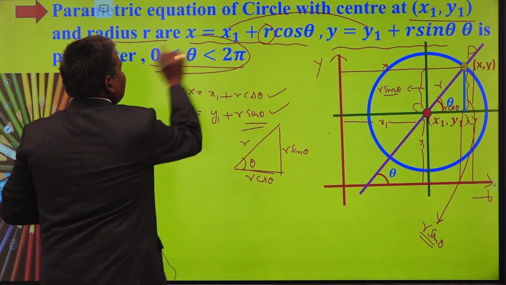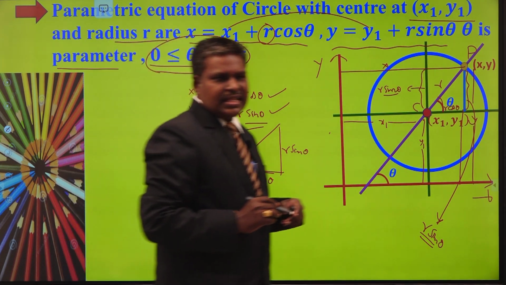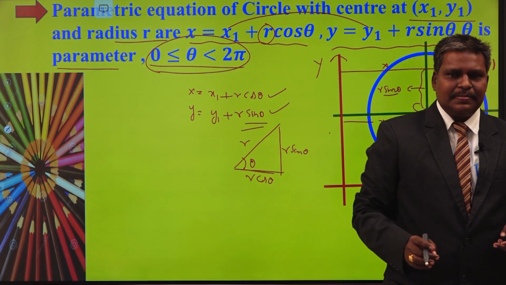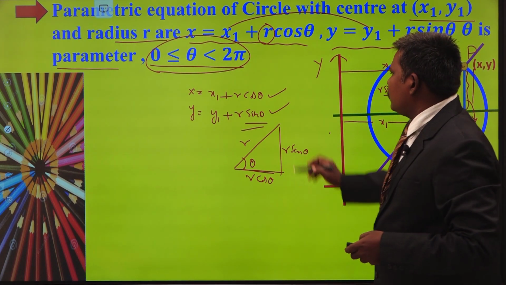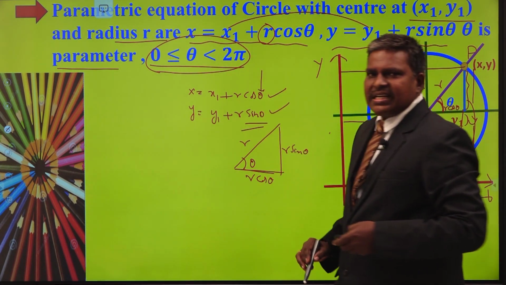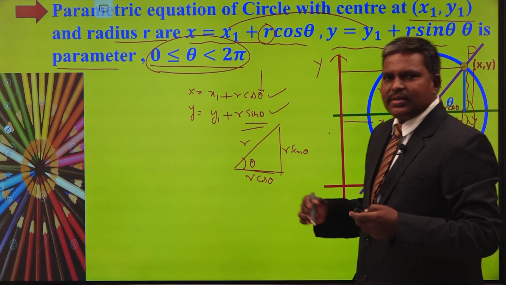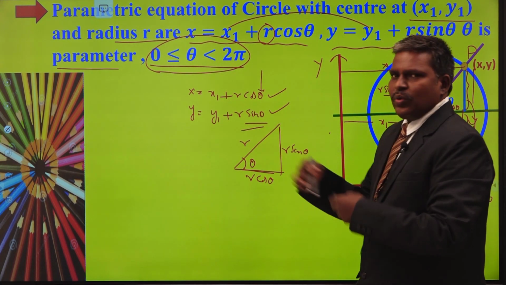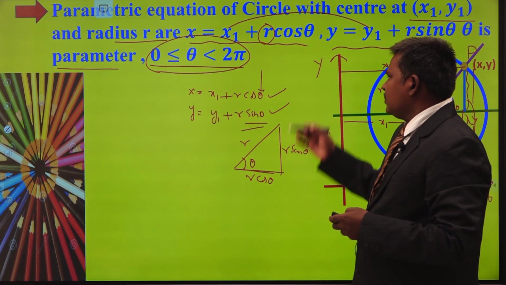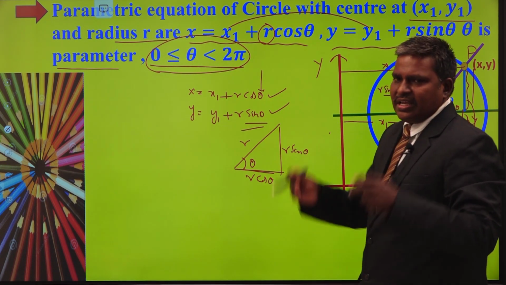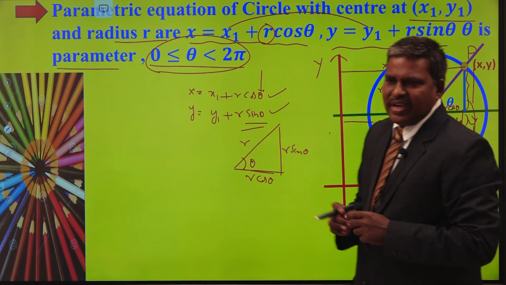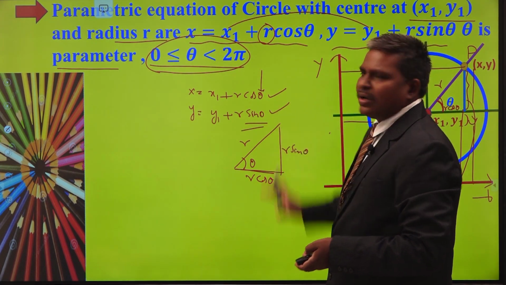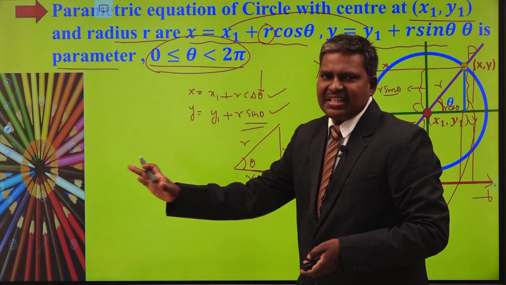The range of theta is what here? 0 less than or equal to theta less than 2 pi. From the figure itself we obtain the parametric equations. So, if you give theta equal to 30 degrees, 120 degrees, 60 degrees, like that, x1, y1 is fixed, r is fixed. We are moving x comma y, or not? As the values of x and y are varying, you plug them in, you get x comma y, that is any point on the circumference of the circle. If you just give theta equal to 30 degrees, it immediately produces the given point.